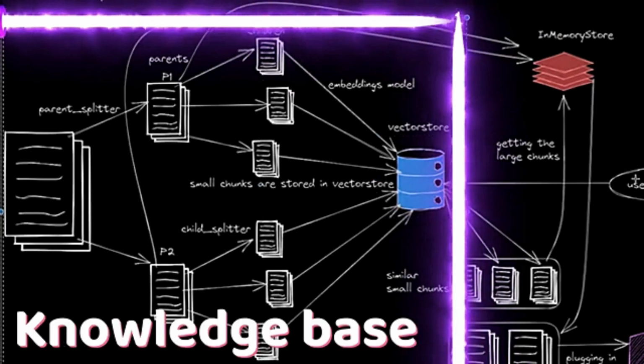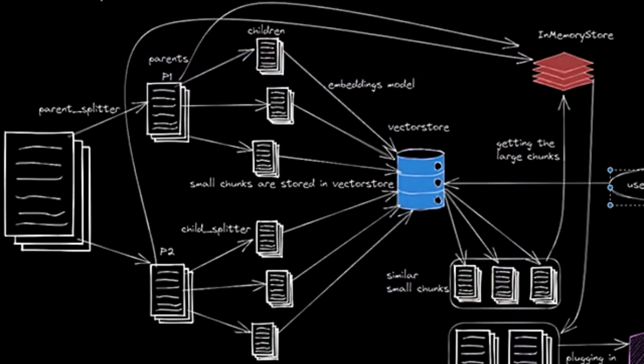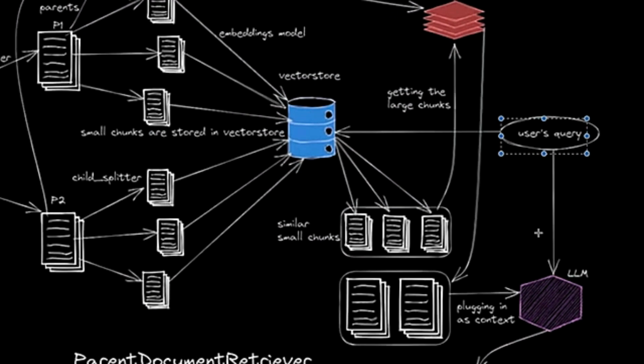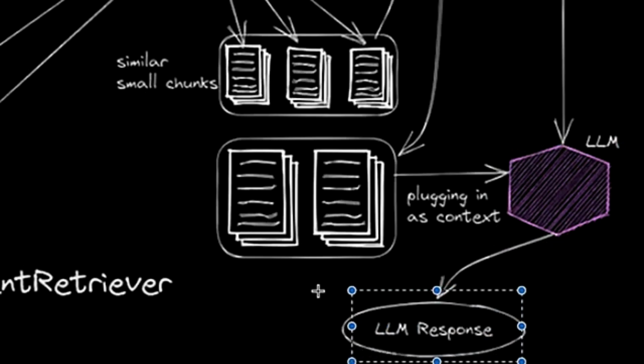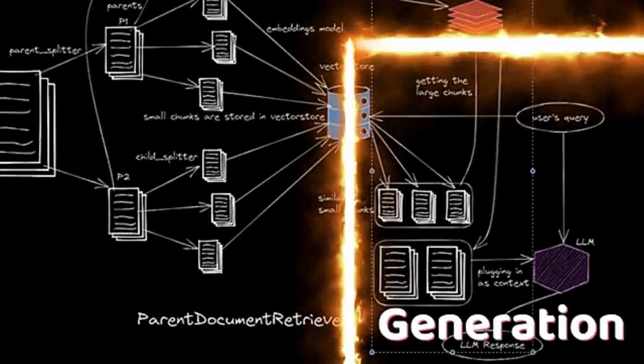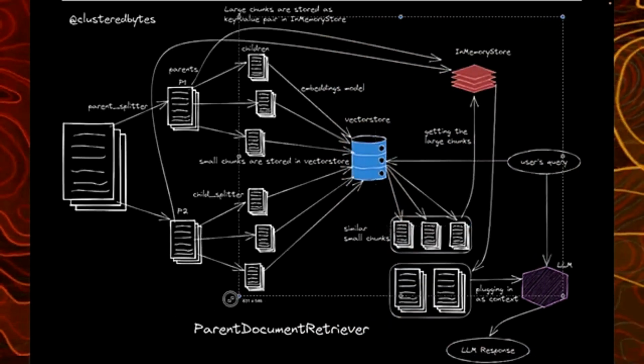When a new user query comes in, you compute the embedding for the same query. Then, we perform retrieval on the vector store. Essentially, we want to find out which documents are the closest matches to our user query. In the vector store, we find and retrieve those documents, append them to the initial user query, and pass them to the LLM language model. So, you get the query plus the relevant documents or chunks, and the LLM will generate a response. This part is called generation, and the entire setup is called retrieval augmented generation.